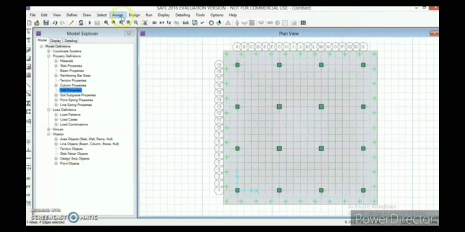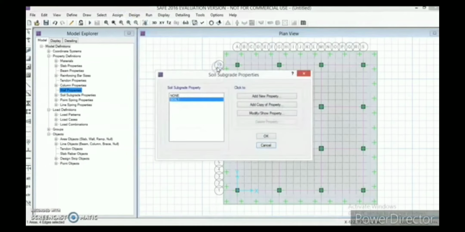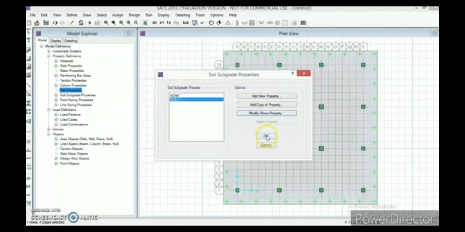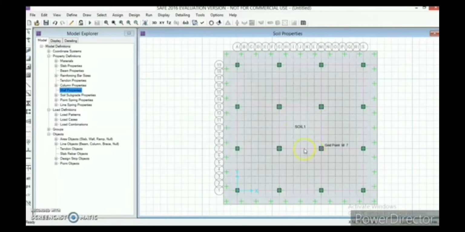Now go to assign and go to support data and soil properties. Now I'm giving the soil property to it, and you can check the soil properties again. It is 3 plus 04. It's fine, and click on OK and click on OK to exit soil subgrade properties dialog box. And now the soil properties have been assigned to the footing.